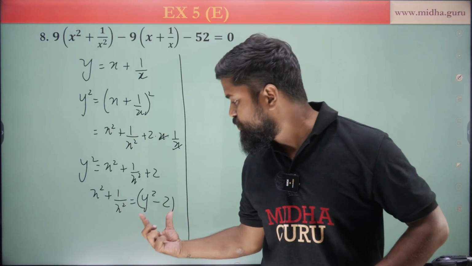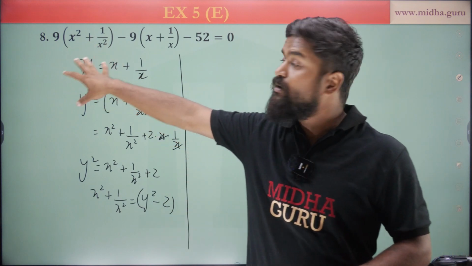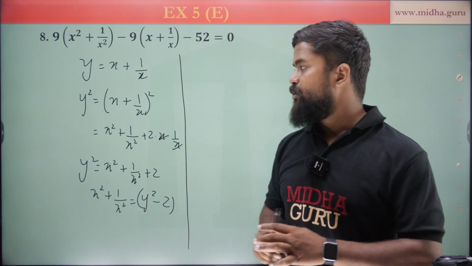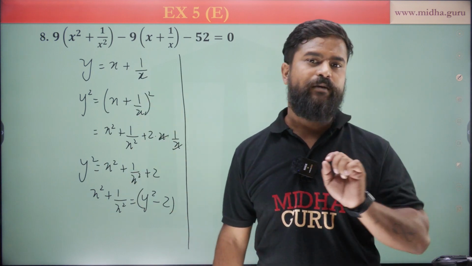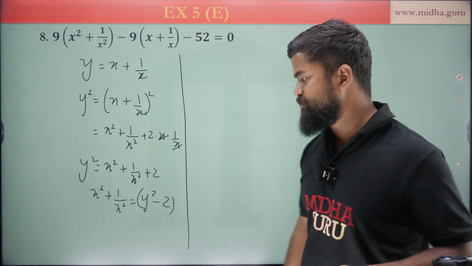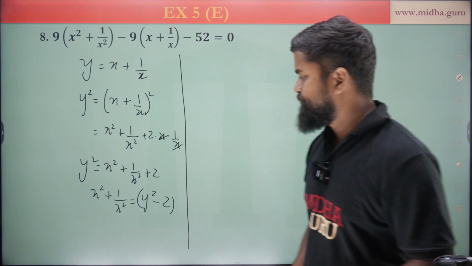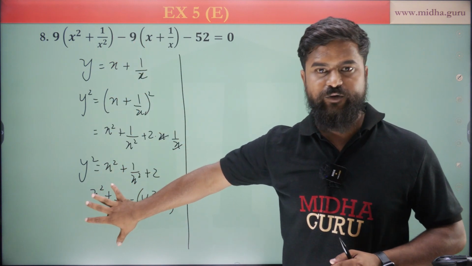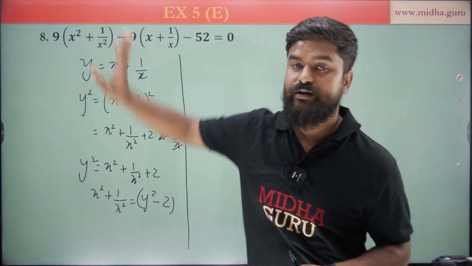This is how we'll deduce a value based off of another variable for this entire expression. So if you see such problems pop up, always remember the formula of (a plus 1 by a) whole squared, which you also learned in class 8 and class 9 in the chapter on expansion. So just keep that formula in mind. Now since we have the values for x plus 1 by x and x squared plus 1 by x squared, we'll just substitute these values into the original